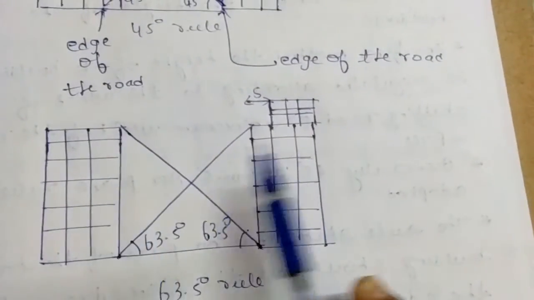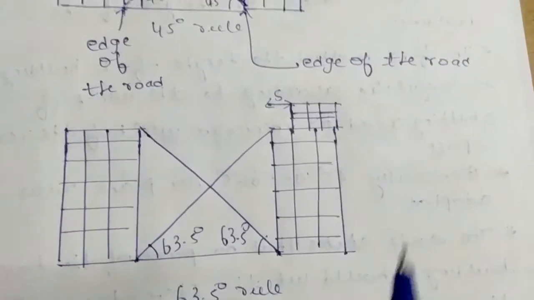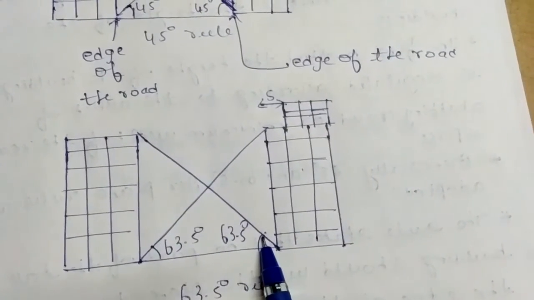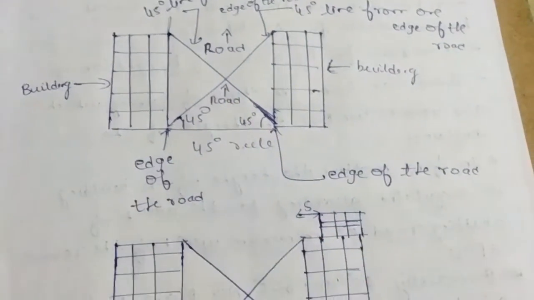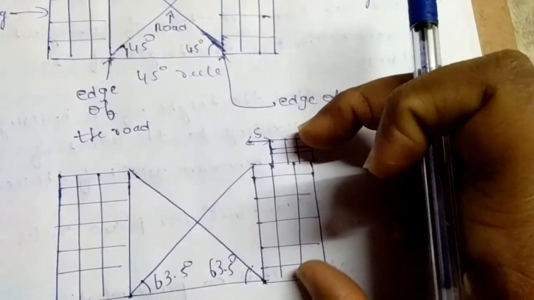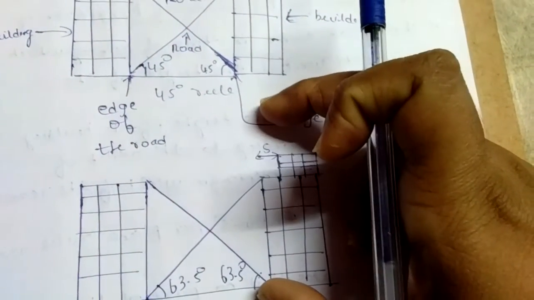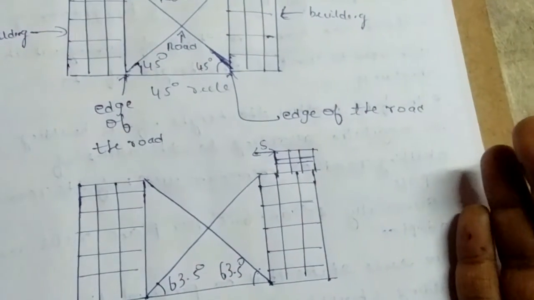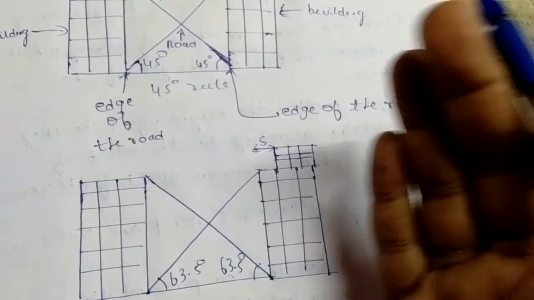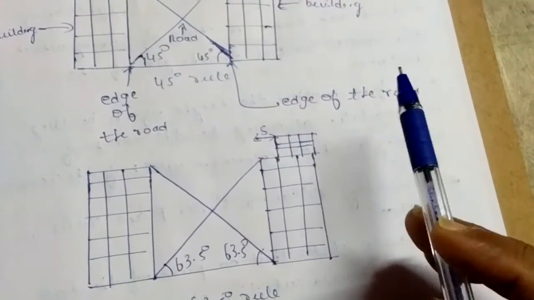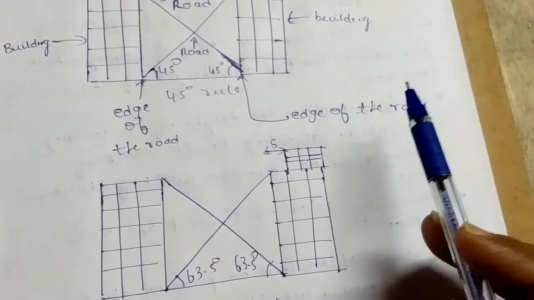Similarly, for this building also, the same concept is going to be applied. But what happens here is, when we consider the 63.5-degree rule, the height of the building may increase with respect to the 45-degree rule. So that is the problem here. If the height of the building increases because of the 63.5-degree rule, the same problem arises. That is, the buildings adjacent or to the side of the tall building will not get their share of sunlight and breeze, cool air and all, okay?